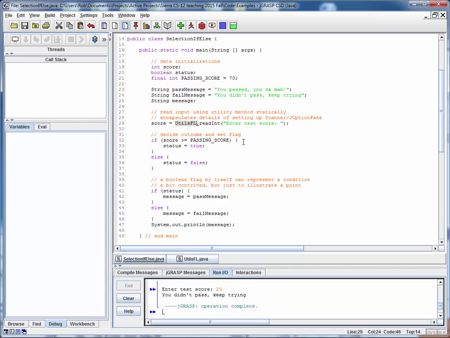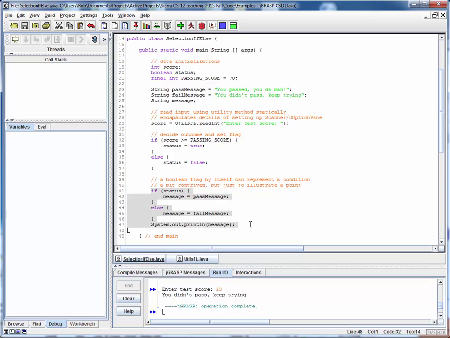So again, this if-else structure is appropriate when we want to do one of two mutually exclusive things, and this is kind of artificial in this case. We could have just set the message in this upper if-else block, but what I wanted to illustrate here was that instead of doing something like this, for example, I can simplify that because the status variable itself is a Boolean,